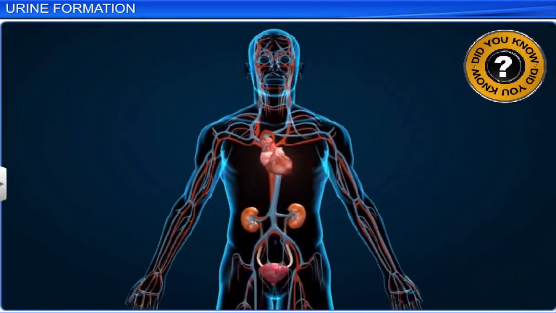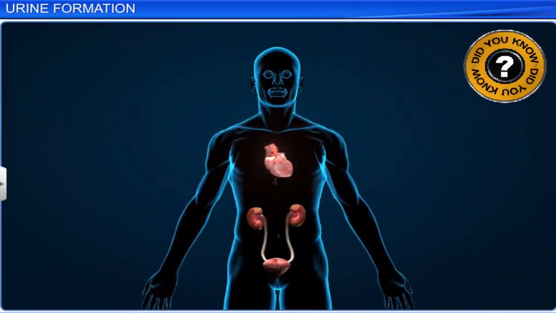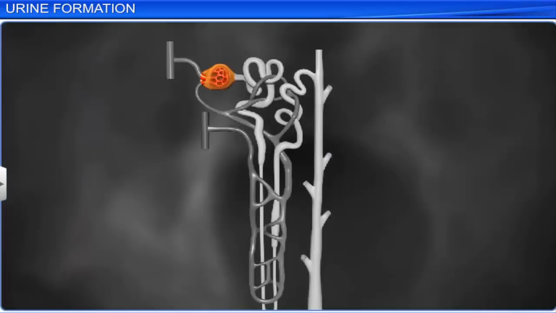Did you know that, on average, the human kidney filters about 1,100 to 1,200 milliliters of blood per minute, which is about 1/5 of the blood pumped out by each ventricle of the heart in a minute? The amount of filtrate formed in the Bowman's capsule of a nephron due to glomerular filtration in the kidneys every minute is called the glomerular filtration rate or GFR, which in a healthy individual is about 125 milliliters per minute or 180 liters per day.